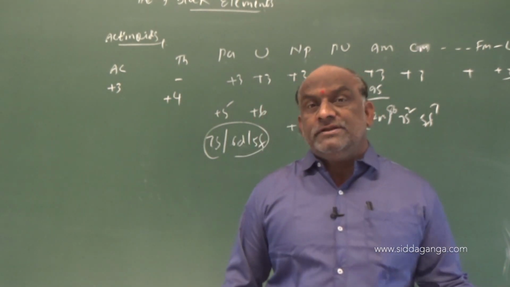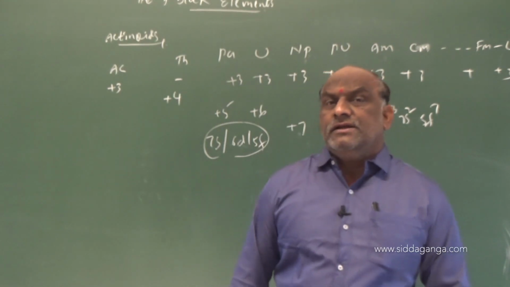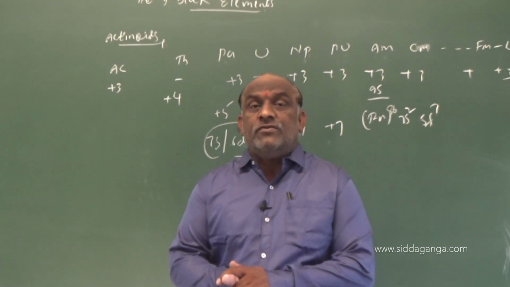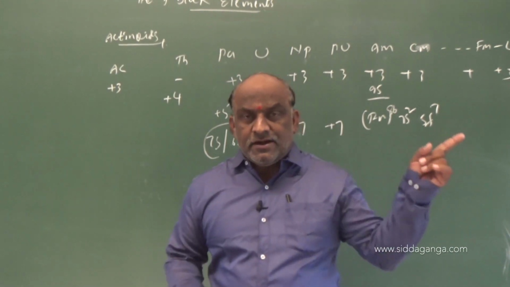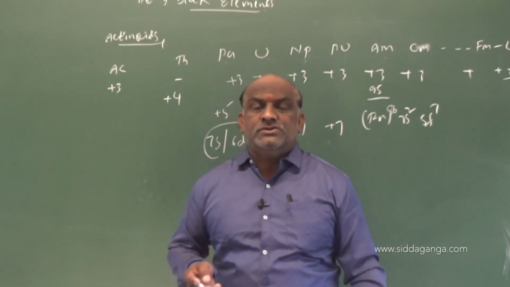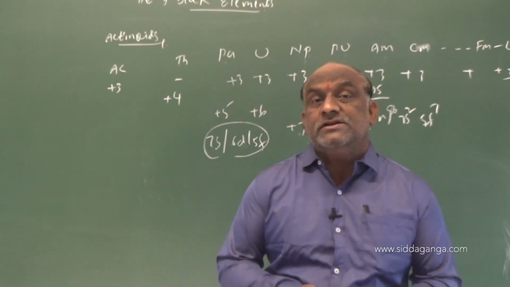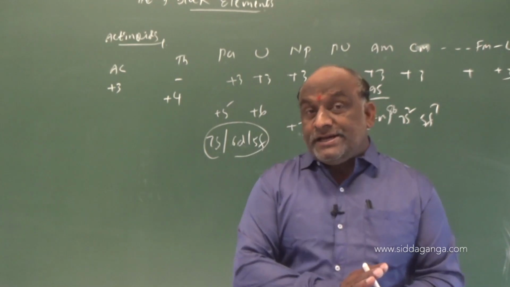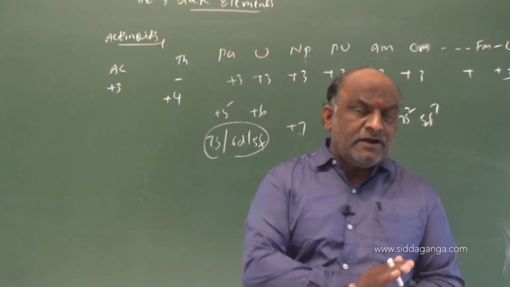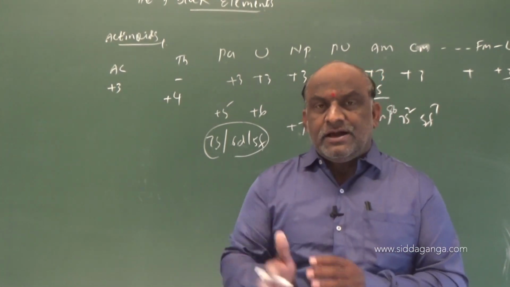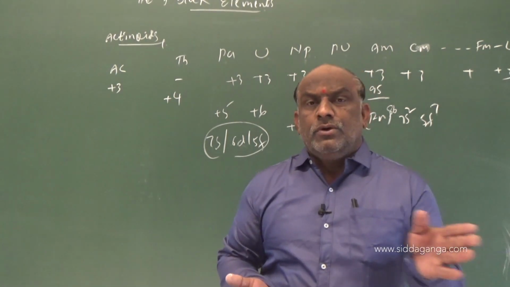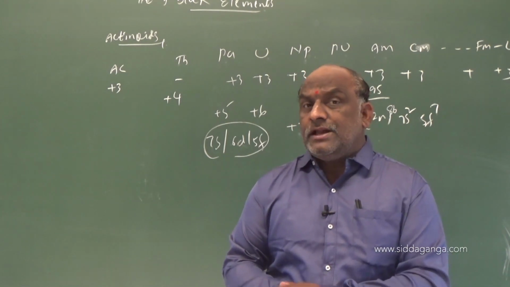is more compared with lanthanides. Already we discussed in lanthanides that the size can be expressed in the form of lanthanide contraction, how it takes place in the 3d series, 4d series to 5d series. Here also there is one more contraction, called actinide contraction. Actinide contraction is completely similar, but lanthanide contraction is the gradual decrease of atomic or ionic radii from lanthanum to lutetium.